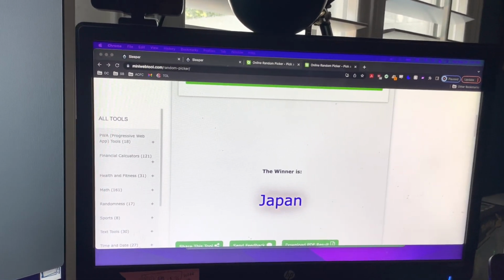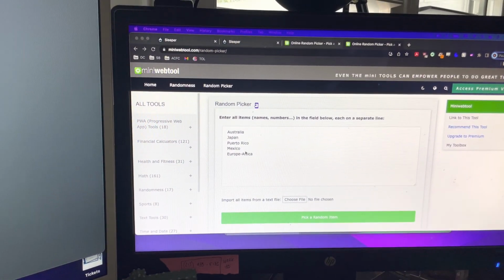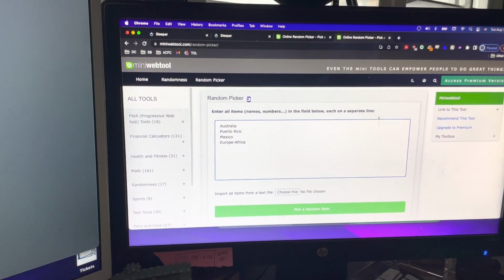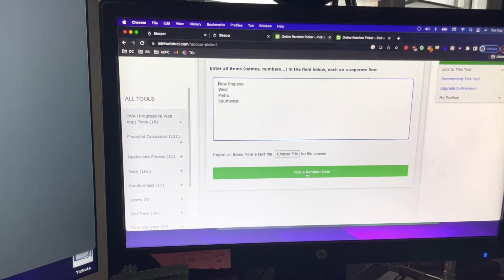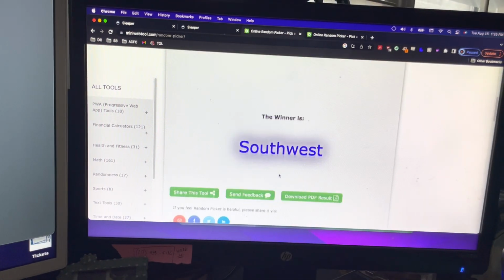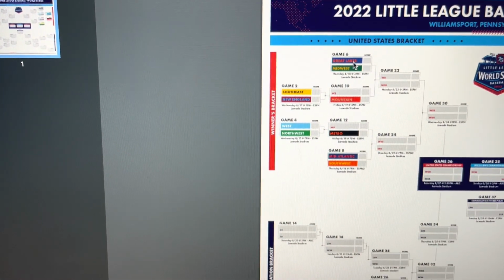Scott with a pretty early advantage here, because he got 2 teams not in the first 8. All right, so now we're moving on to Alec. Alec got Southwest, which is in the first 8.